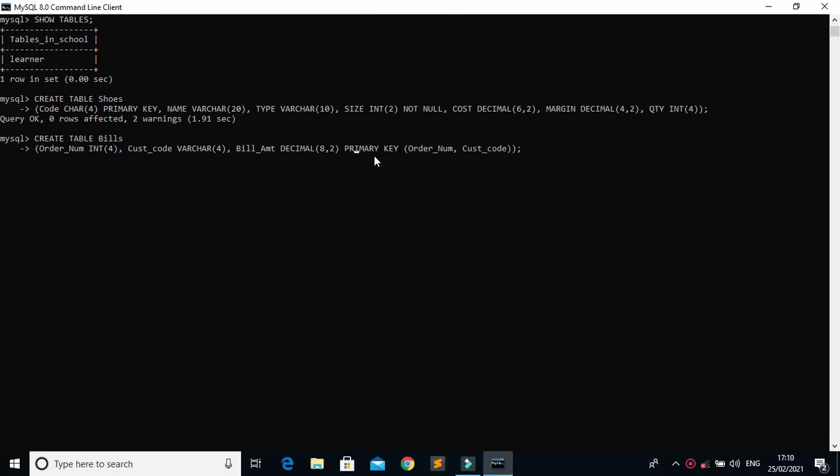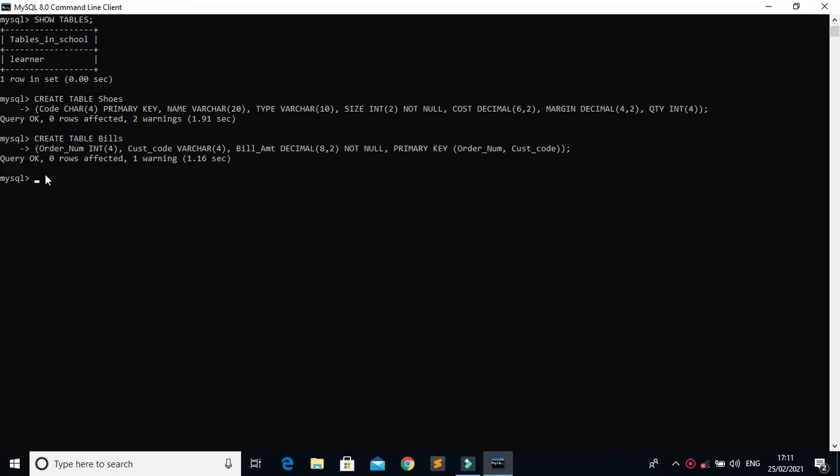And one more thing, we have one field that is bill amount, and we want this bill amount as a not null constraint. So we just have to write not null to create this field as a not null constraint. Now with this we have completed, and just press the enter key to create the table. Now it is saying query okay, 0 rows affected, meaning this table is created.